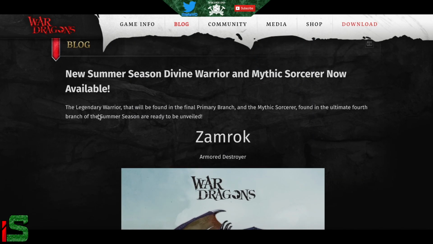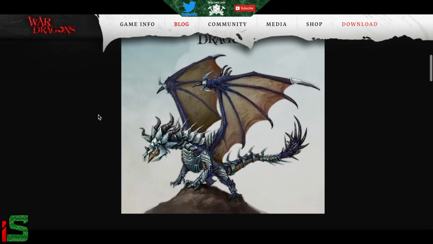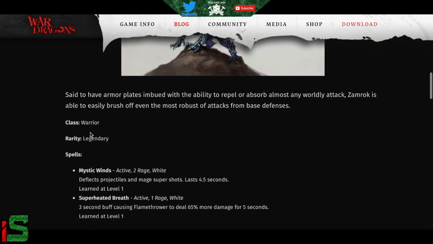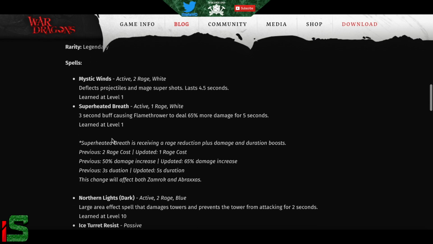So, the legendary warrior that we found in the final prime branch, a mythic sorcerer found in the ultimate fourth branch. Yeah, we know that. He's an armored destroyer. That's Zamrok, said to have armor plates imbued with the ability to repel or absorb almost any worldly attack. Zamrok is able to easily brush off even the most robust attacks from base defenses. He's a warrior. Rarity is legendary, and his spells are a white Mystic Winds, which sort of works like